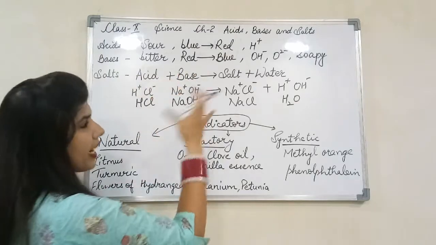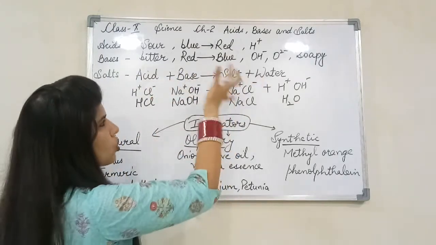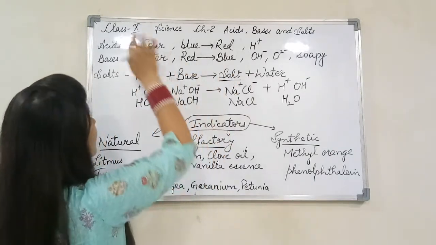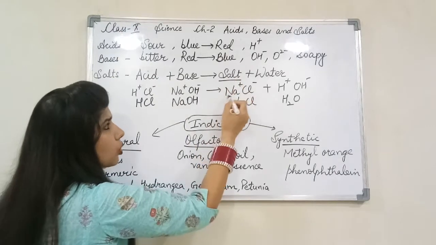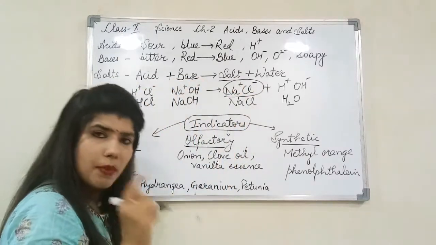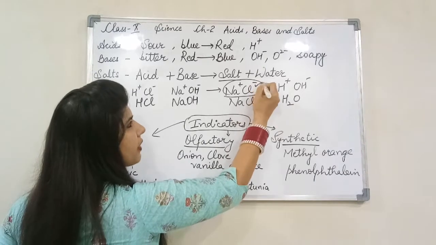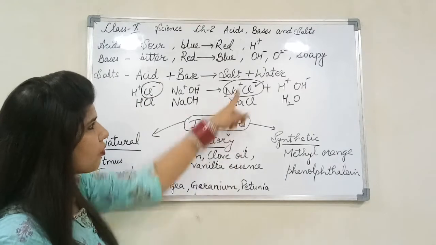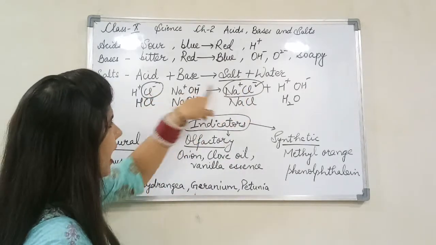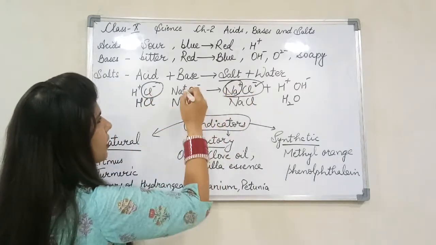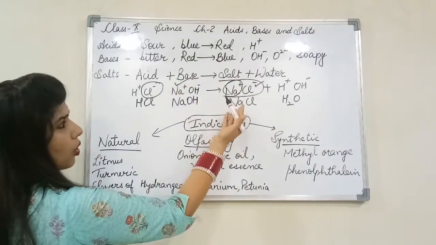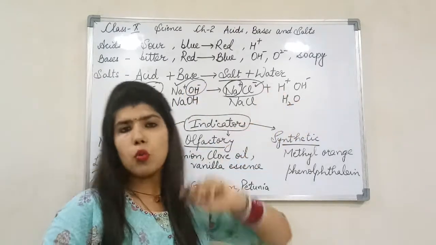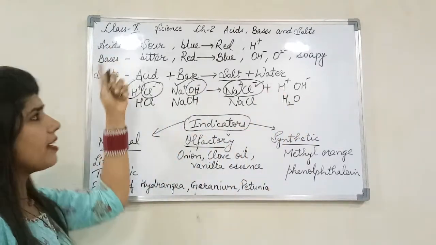Acids and bases, when they react together, they form salt and water. So salt we can say is formed from acids and bases. But what thing I told you? Acid starts from A. जब salt बनेगा तो जो ये वाला compound बन रहा है, इसमें से जो इसका anion होगा, anion is this negative charge, ये हम कहाँ से लेंगे? Acid से लेंगे. See over here. So the anion of the salt comes from acid, and the cation comes from this base, Na positive. So this way salt is formed. What is left? This H positive is left and OH negative is left. It forms water. So salts are made from acids and bases.